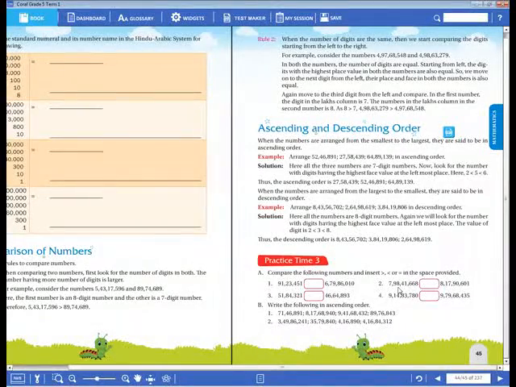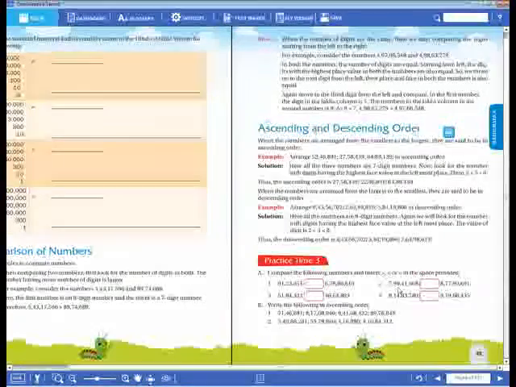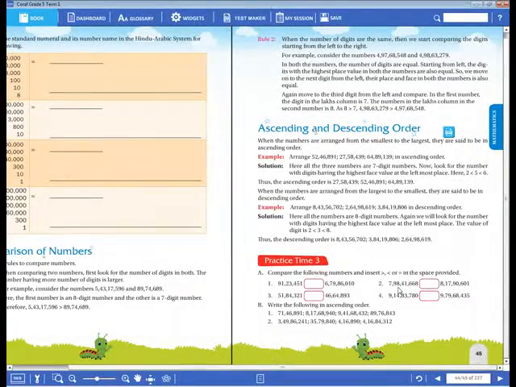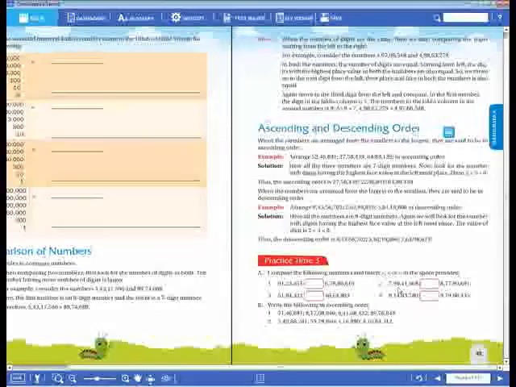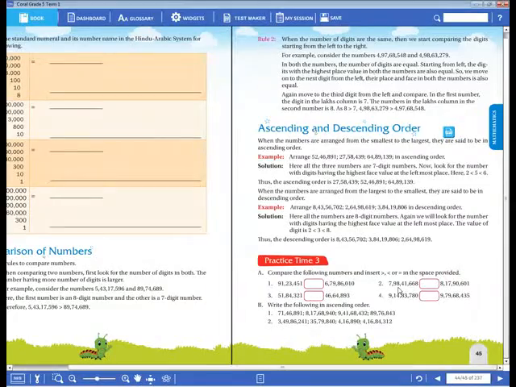So they have given 71 lakhs 46,891, 8 crores 17 lakhs 68,940, 9 crores 41 lakhs 68,432, and 89 lakhs 76,843. So which is the smallest number, dear children, here? From these 4 numbers, which is the smallest number? Tell me.